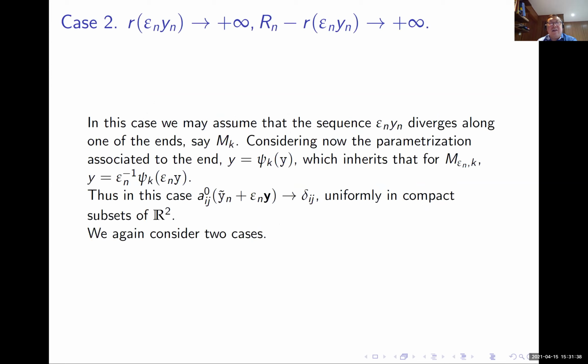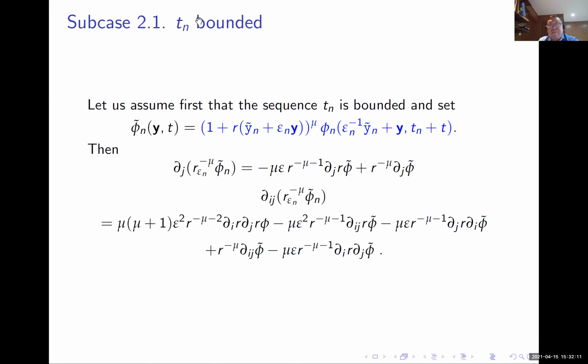Now, if epsilon yn is unbounded but away from the boundary, you can do the same. If it's unbounded, it means you will go to one of the ends, but at one of the ends, all these ends are logarithmic, catenoid. So in the limit, the Laplace-Beltrami operator becomes just the Laplace. And again, if Tn is bounded,